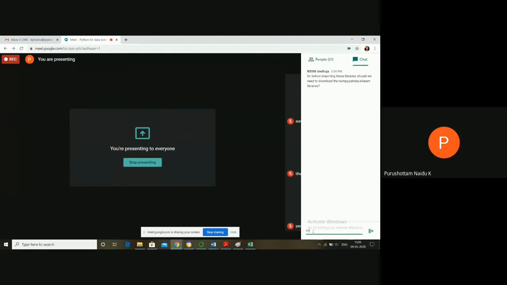There is no need to install the sklearn libraries separately. For example, if you are using Anaconda, all these libraries are built in. But if you install plain Python, then you have to install all these libraries separately. Is it clear? That's why it's better to use Anaconda for this type of project. If you're using normal Python, you have to install the required libraries separately with the pip command. Clear?